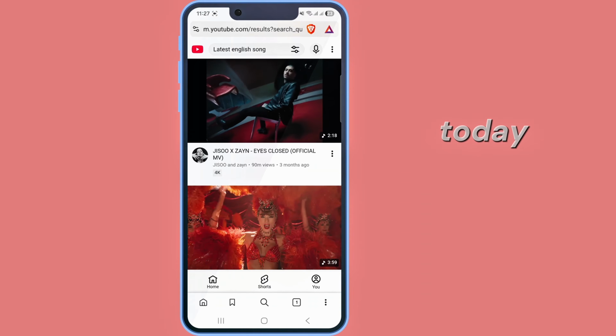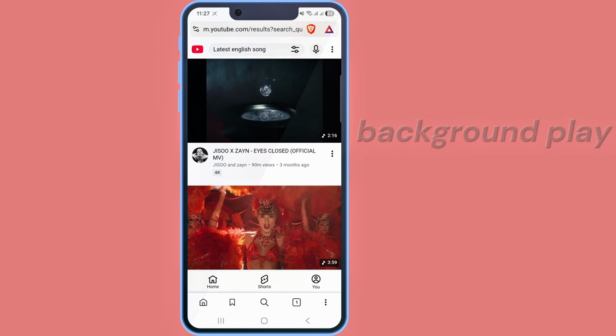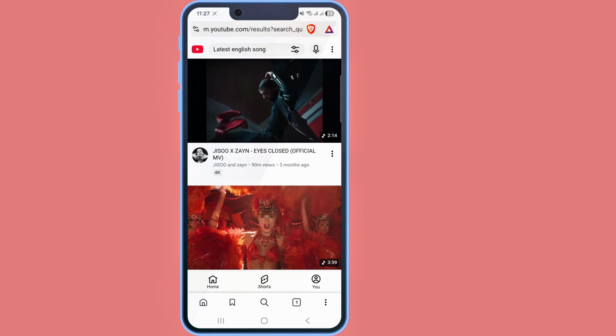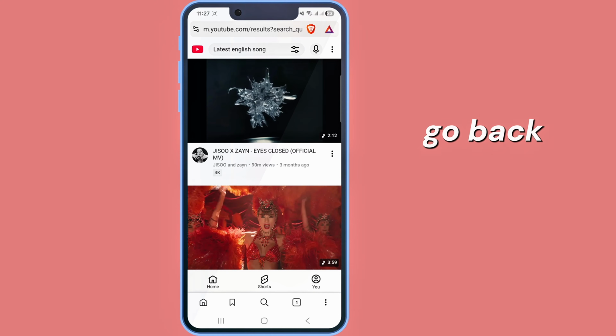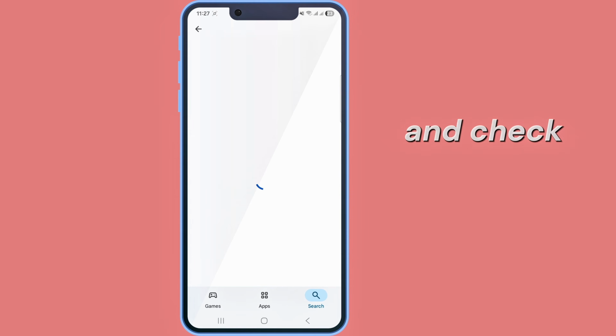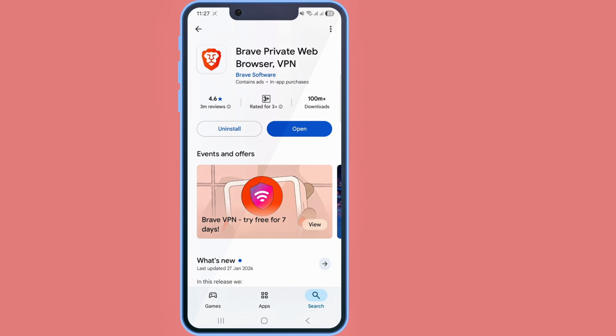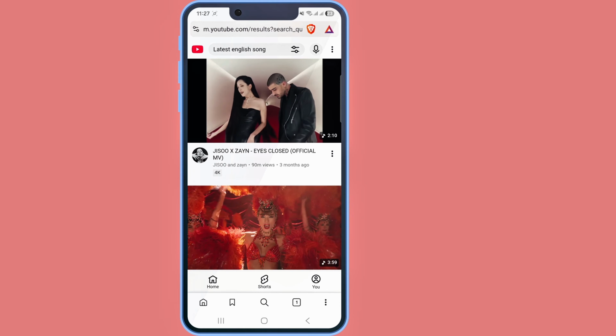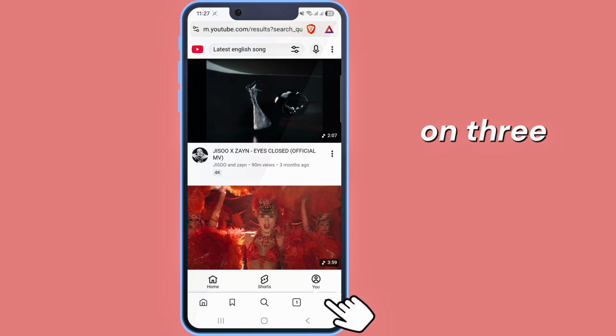Hello viewers, today I'm gonna show you how to fix Brave background play not working problem. To do this, first go back to the Brave browser and go to your Play Store and check update your Brave browser. Open it. After open it, tap on three dot icon in the corner,